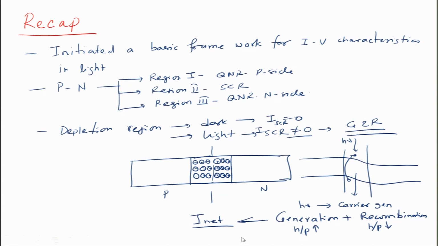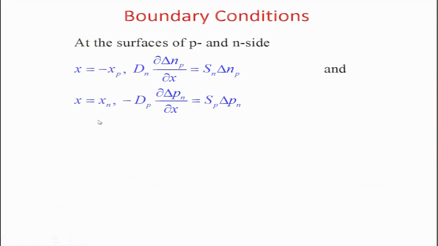That is what we were doing, and we also wrote the minority carrier equations, which was basically 3 terms. First was the diffusion term, then you have the recombination term, then you have the generation term. All these 3 are equal to 0, and we now need to integrate and analyze these equations. We will not go through the complete derivation of it, but we will just do a few things for this.